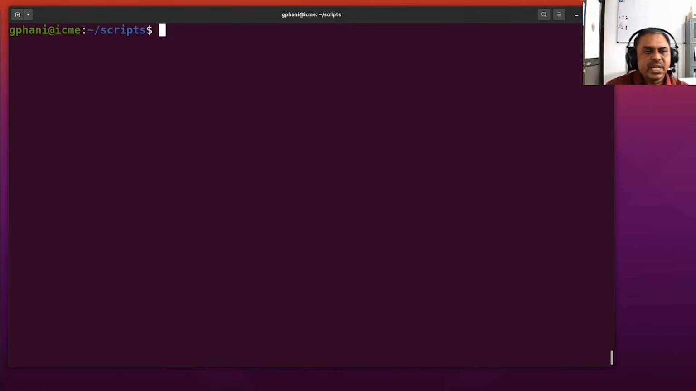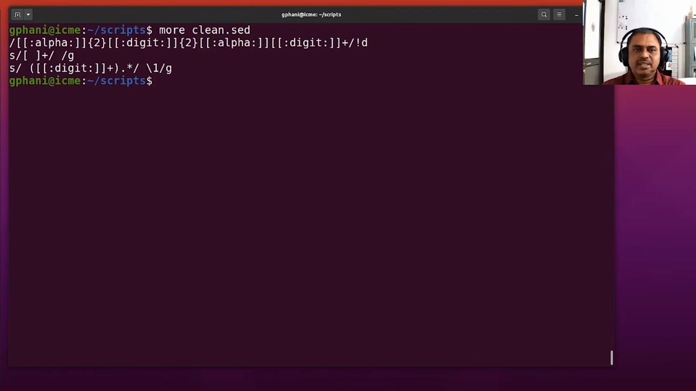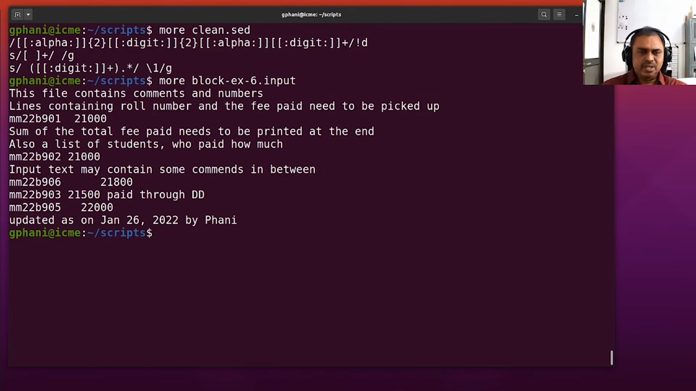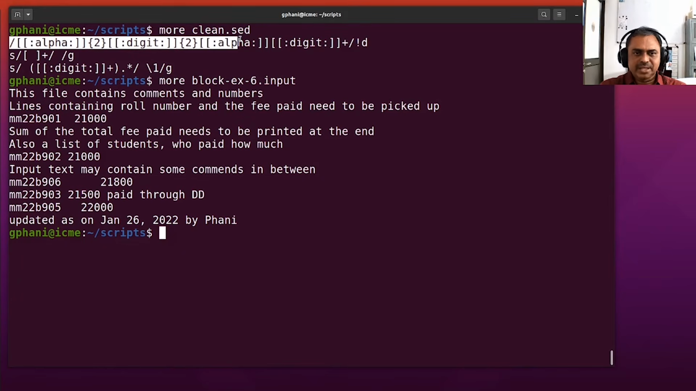So let us say we would like to use this to clean up the input file which we used in the awk session, where we had some roll numbers and the amount of fees paid. So here is an example of the input which we have used in the awk session, where the text is gobbled up with other information that we wanted to have, namely the roll number and the fees paid. So we would like to remove those lines which do not contain the roll number pattern followed by an integer which contains a fees. So what we are doing here is this action says that